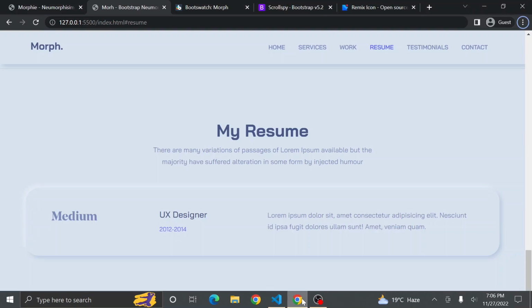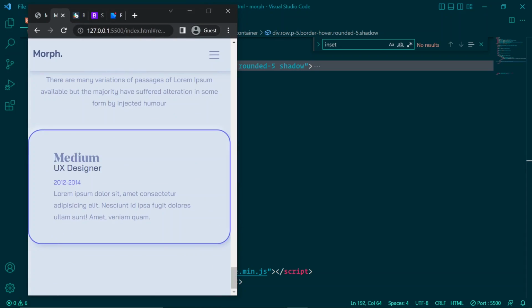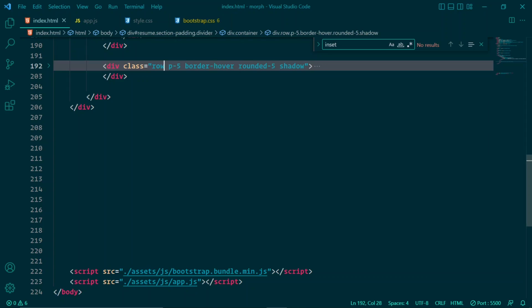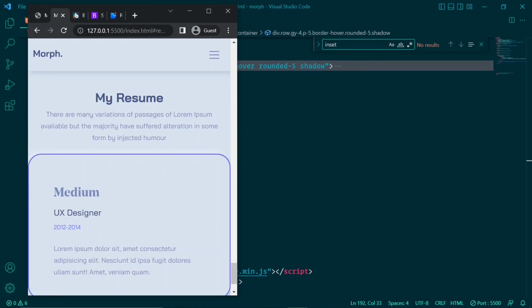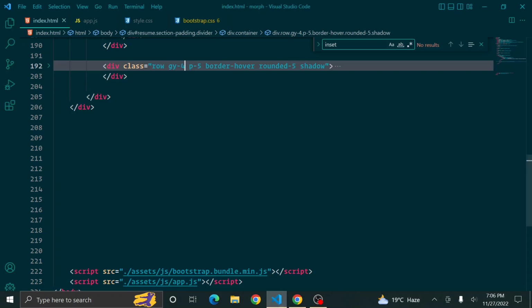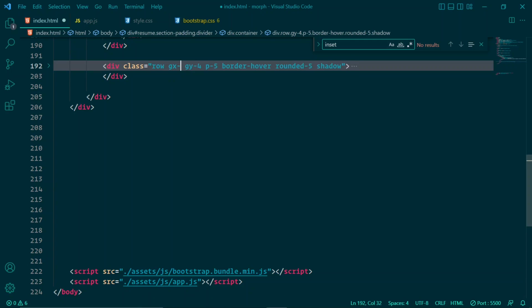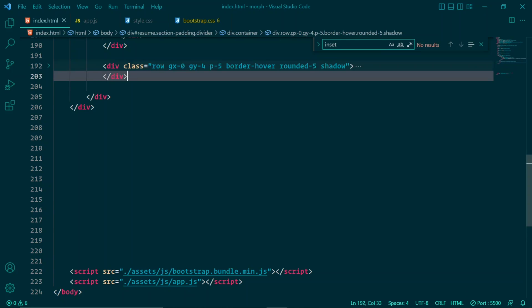So let me resize the window. So as you can see, these are very close to each other. So to create some space, I'm gonna give space, it's going to be 3 rem or 4 rem. So now we have some space. All right, and I'm going to remove this gutter space from this row as well. Gutter left and right is going to be 0. All right, looking great. So I'm going to duplicate this row,